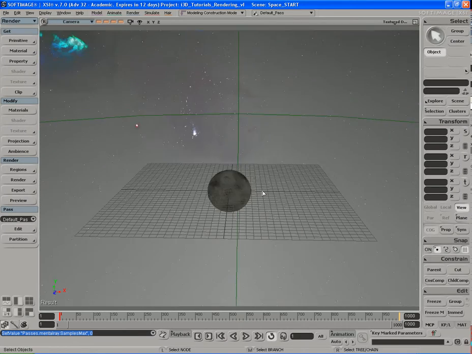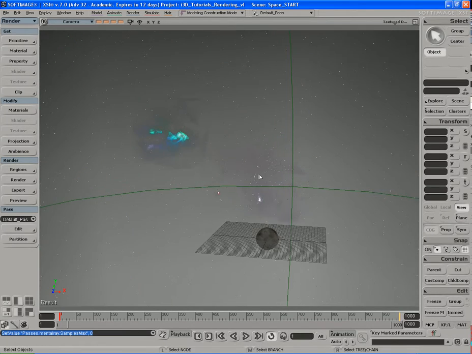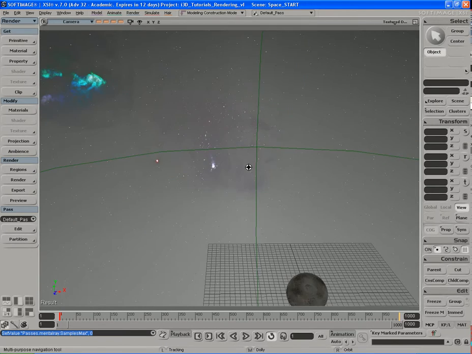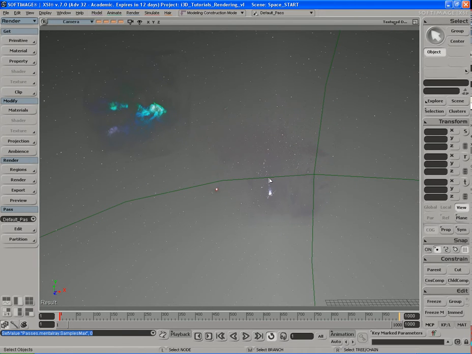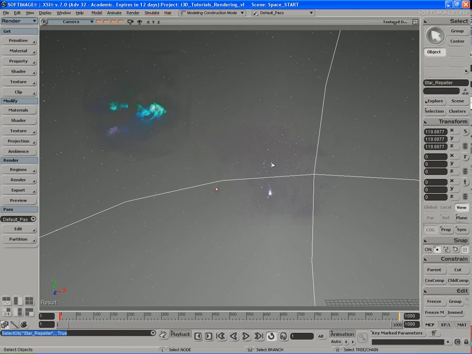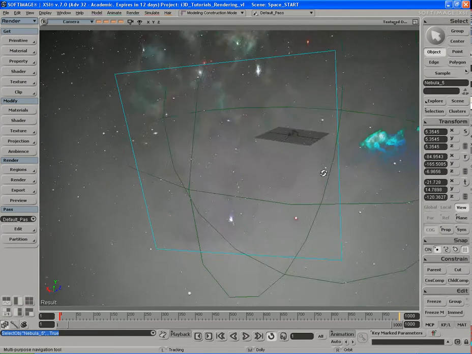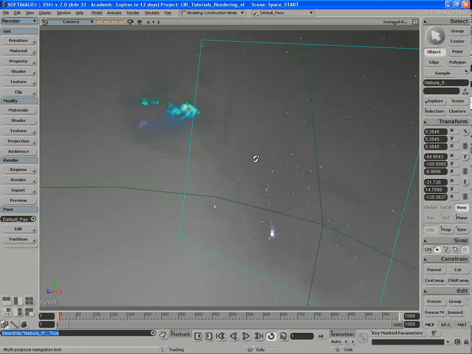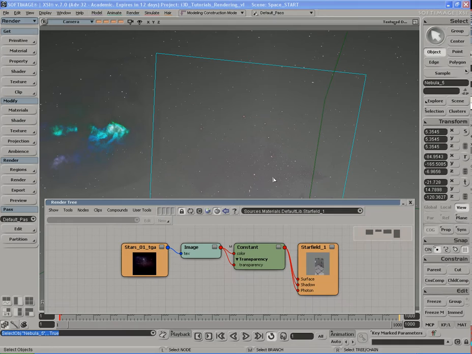Okay, so now let's have a look at this scene here. We have this planet sitting here in our scene, and if we zoom out, we can see that there are what appear to be stars in the background. There are also these sort of galaxies or strange shapes out here, and if I come in here and select them, all they are are alpha cards, and they're sitting there in the background, and they have alpha map textures. If I go ahead and open up the render tree on one of these, I can see